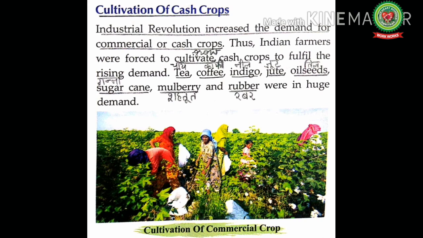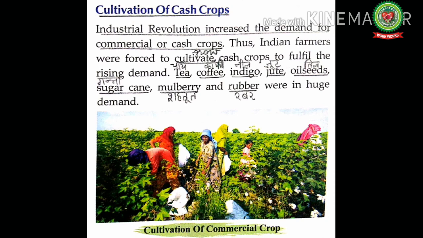Cultivation means growing, and cash crops means the crops which were grown by the farmers to be sold in the market for earning the profit. Industrial revolution increased the demand for the commercial or cash crops. Industrial revolution means the process of change from an agrarian and handicraft economy to one dominated by industry and machine manufacturing. And this process began in Britain in the 18th century